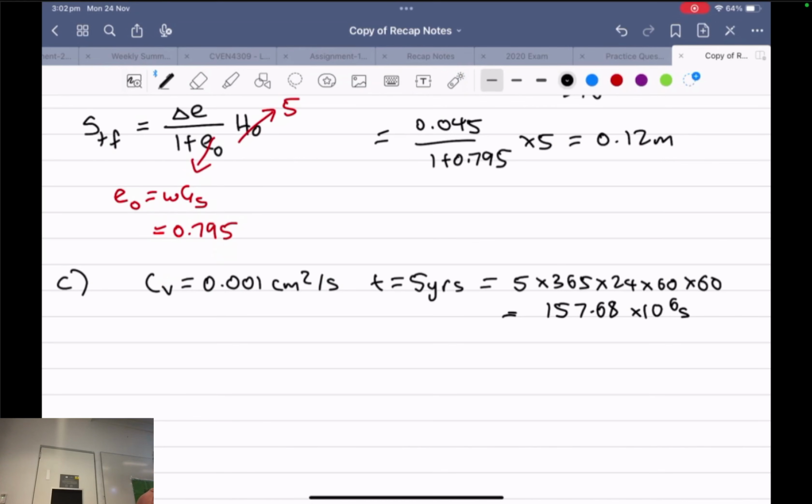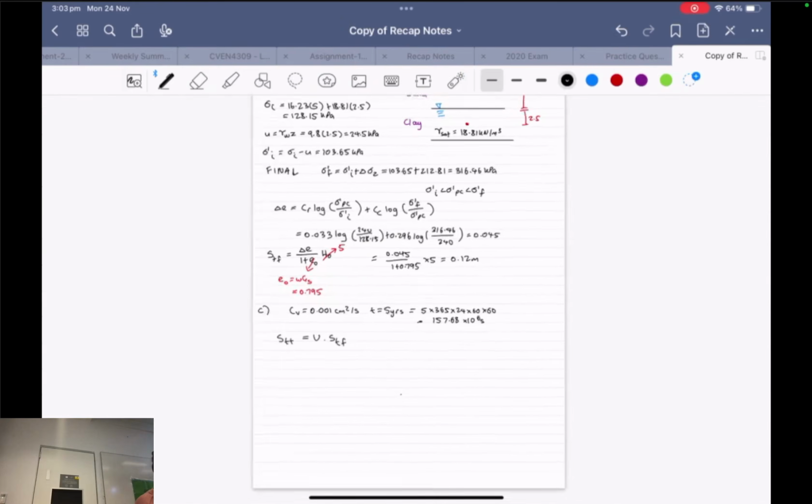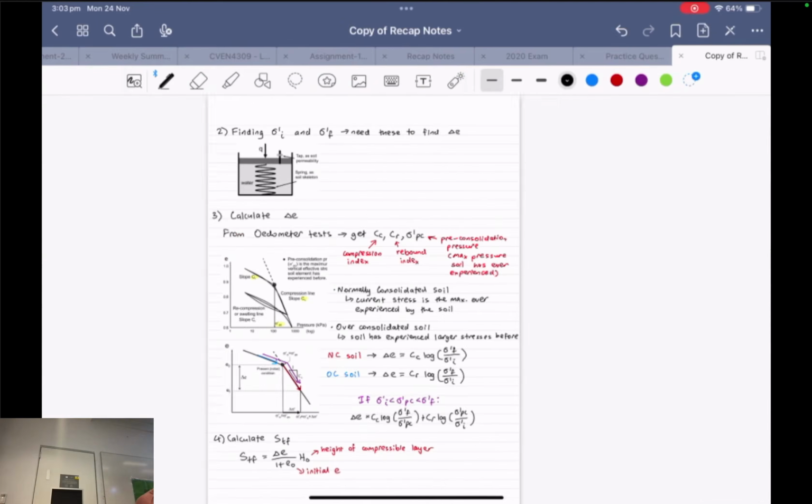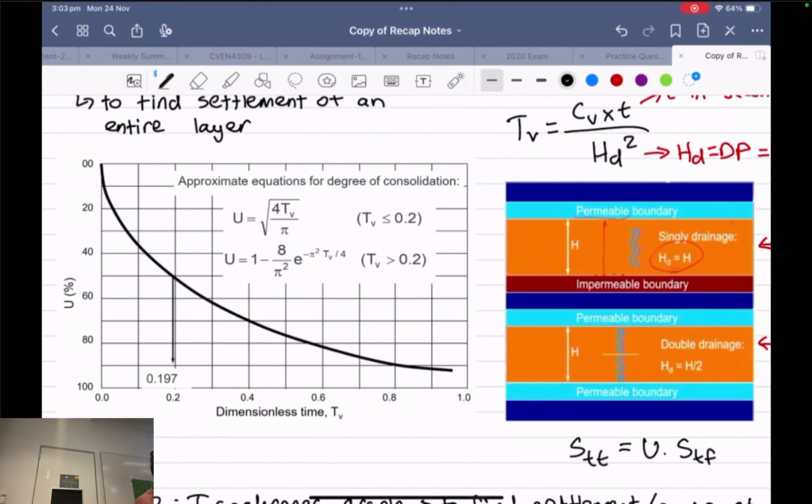And you're looking for your settlement at a certain time, so you want to find STT. The relationship we had for STT and STF, which we already have, is STT is equal to U times STF, and U we calculate using the graph to find the degree of consolidation. So STF we already have. To find U we have to use this graph right here. And for this graph, we need TV, right? So to find TV,